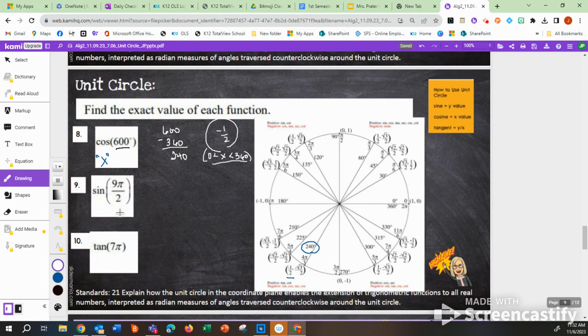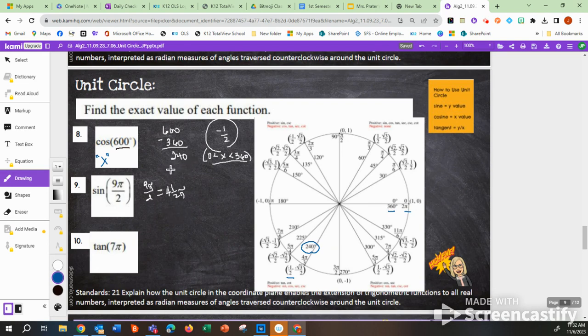Number 9 is asking me for 9 pi over 2. The first thing that I'd probably do if they gave me the angle in radians with the pi, if it's an improper fraction, I would turn 9 pi over 2 into a mixed number. So that'd be 4.5 pi. So if I'm given a radian that's larger than 360, so 360 is the same thing as 2 pi. So if I'm given a radian angle bigger than 2 pi, so that's the same as bigger than 360,